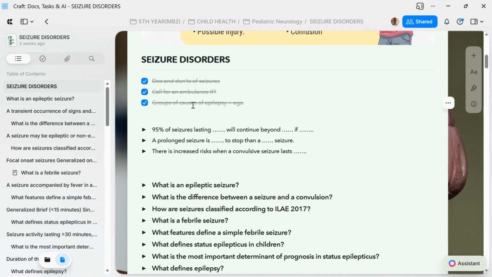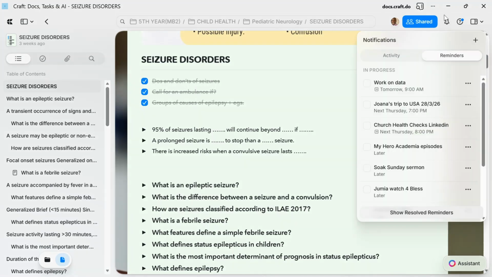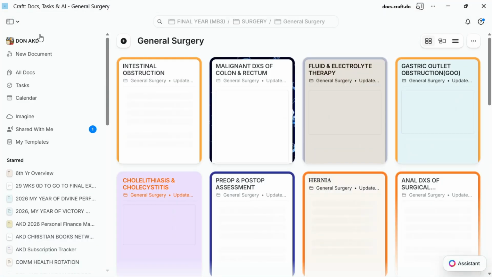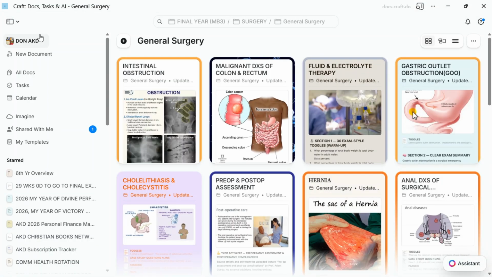So let's say I'm learning and I want to do something. Maybe I have to search for something and I can't do it at that particular point in time. I put in a tag. It appears in the tag manager aspect of the app, and I'm able to see it. You can put in reminders. So when you click on the reminders, maybe I have to do this, I have to do that. There's just a whole lot of features that I don't want to go into right now about the app and about building an external database like this, which helps you greatly in your studies. The last aspect of